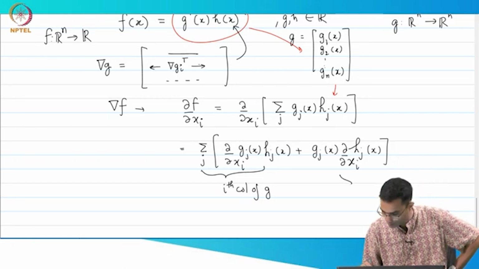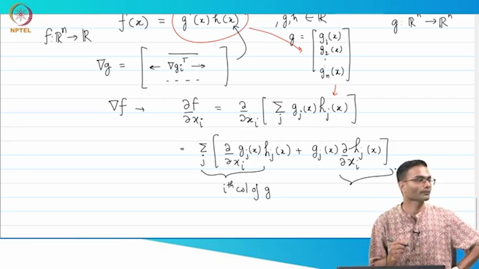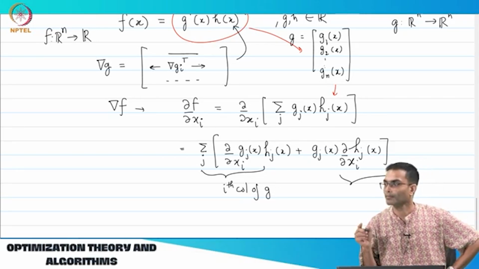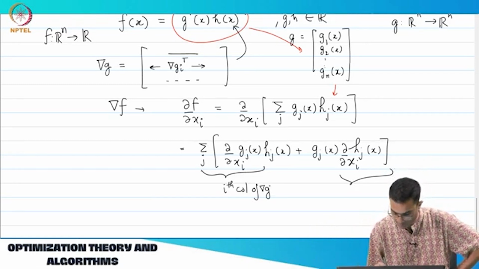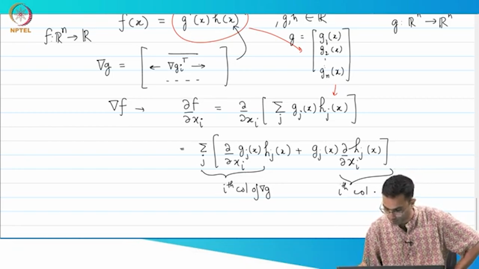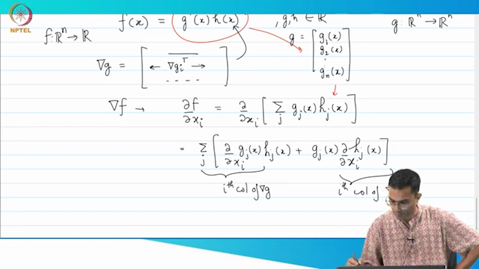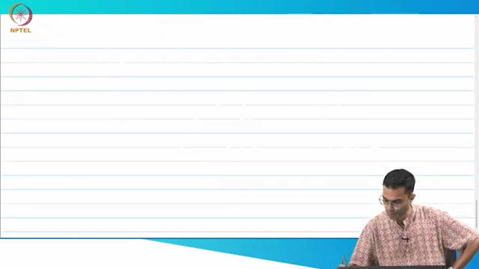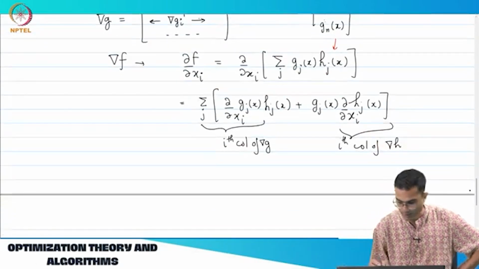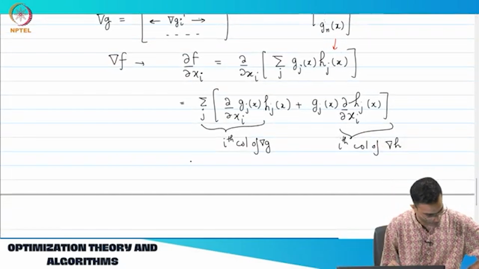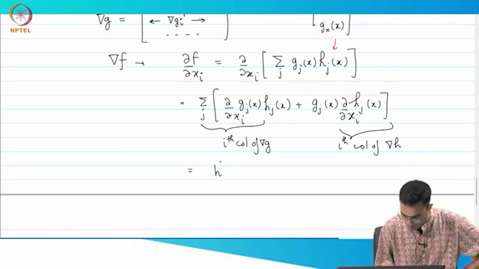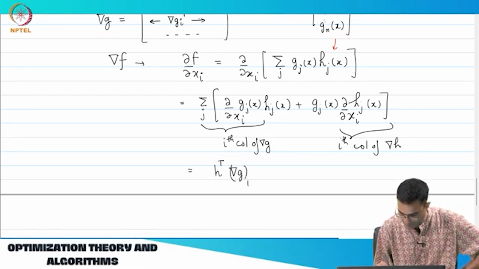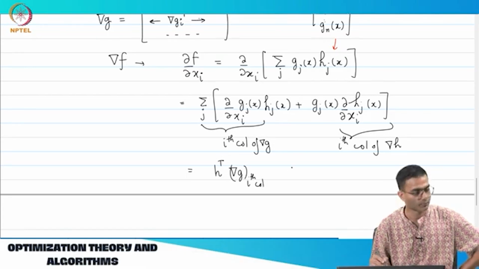Similarly, if I look at this term, this is going to give me the ith column of grad h. I should not say g, it is grad h. The ith column of grad h, which is also going to be a matrix. Having seen this, let's write it a little bit more nicely. This is going to be h transpose times grad g's ith column, plus